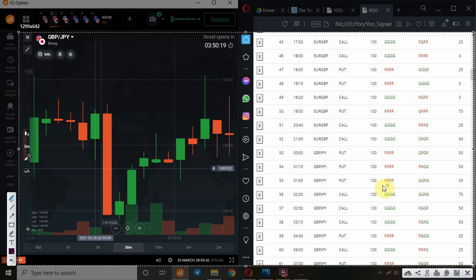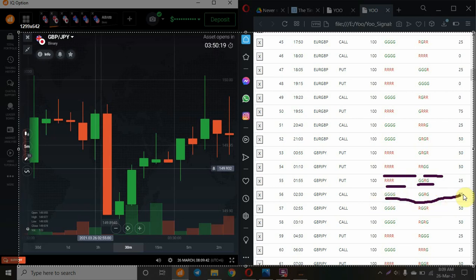Because the previous maximum color is red. Look at this. Here are 8 candles, but 5 are red and 3 are from buyers, or you can say 3 are green. Green indicates buyers, red indicates sellers. So the previous signals have 5 sellers and only 3 buyers. This is why we do not take this candle, do not take this trade.